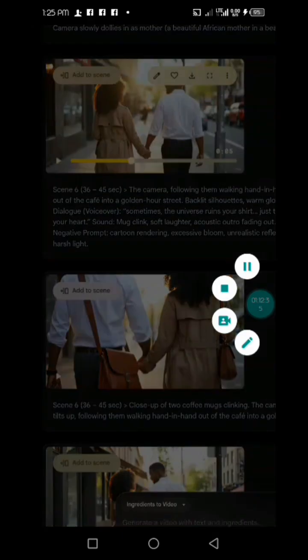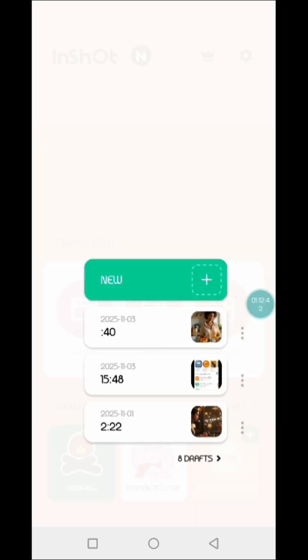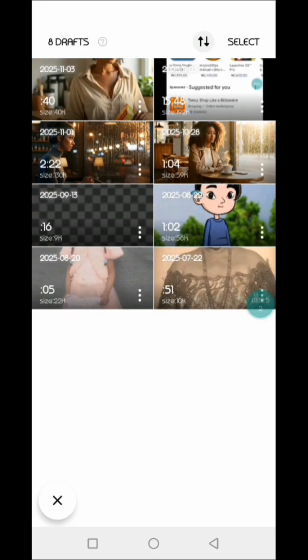So now I'm in my InShot. When you get to InShot, it will show this interface, so just press on the video. Now I have a lot of stuff draft here, so I just have to click on the drafts to look for the one I want to edit. I did not complete it so that I can show you how I will edit it and how I edited it, or how I will edit it. Anyhow,